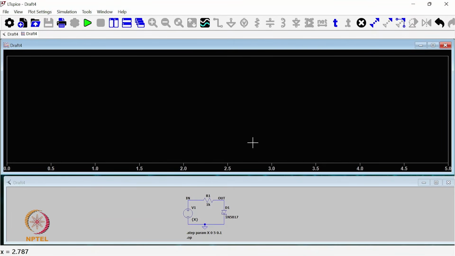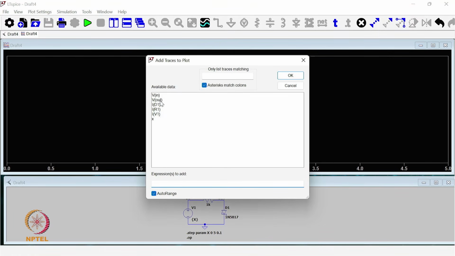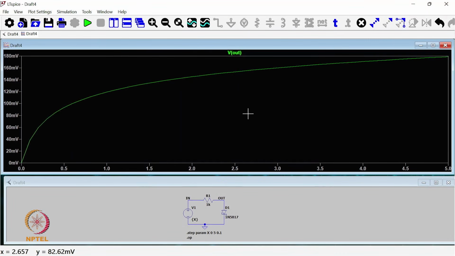It means this is the parameter x which is changing from 0 to 5, and now we can plot any trace. So for example, we add the trace which is the node voltage at the output node, so we want to plot the voltage at the output node. If we plot, this comes out something like this,